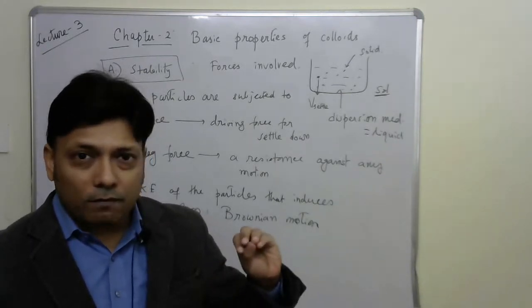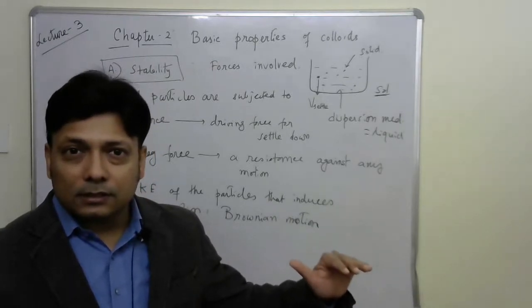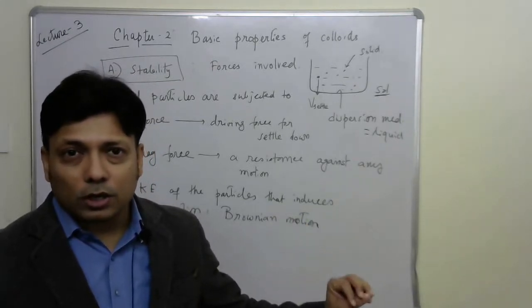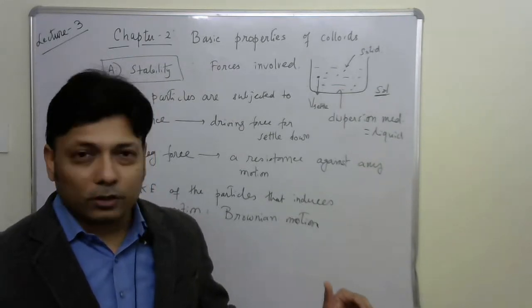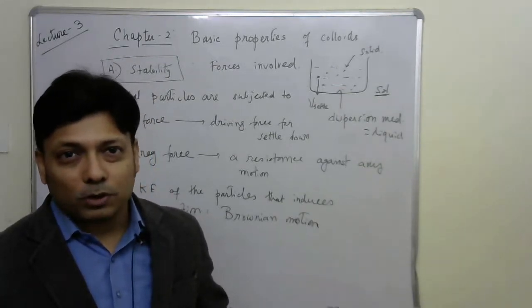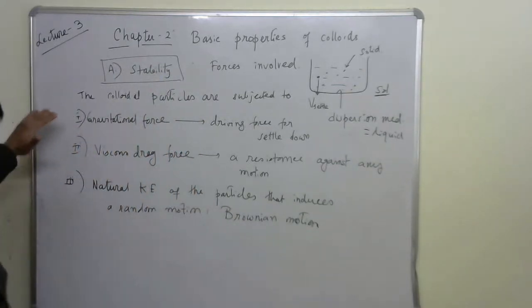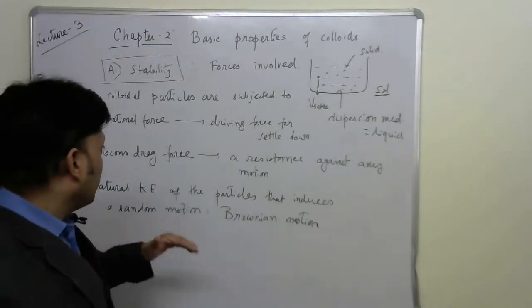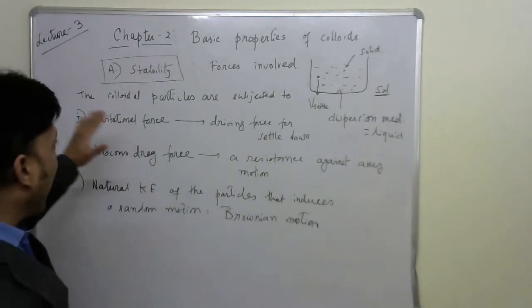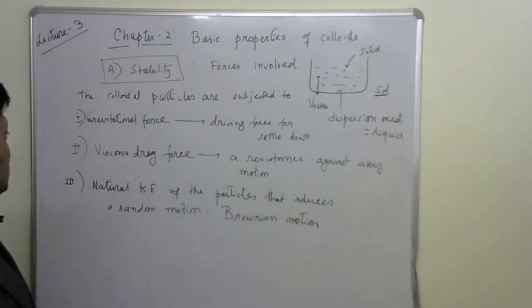So it does not have a net direction of motion, but as long as it is showing the Brownian motion, it never settles down. Okay, so in other words, the particles under Brownian motion never settle. So these are very important observations, and also very important kinds of forces that act on the colloidal particles. Okay,